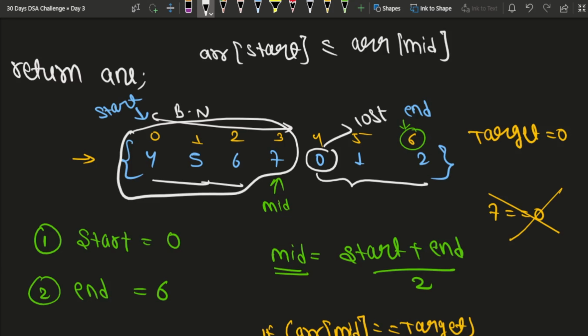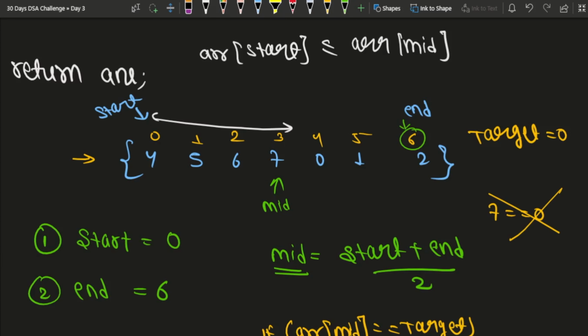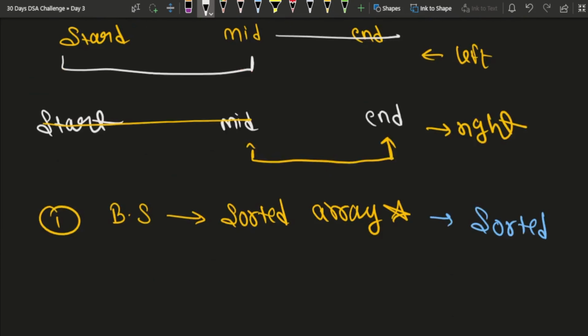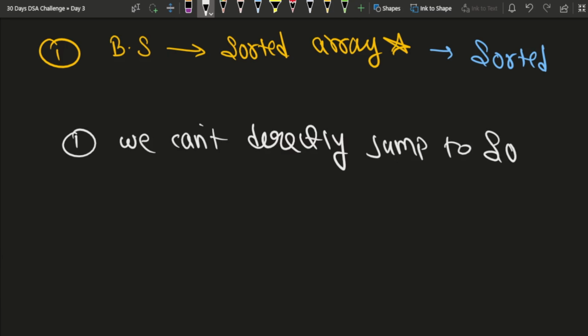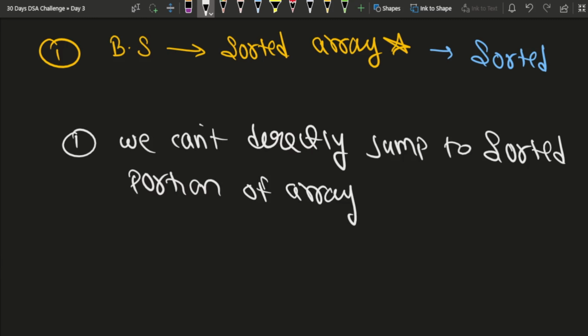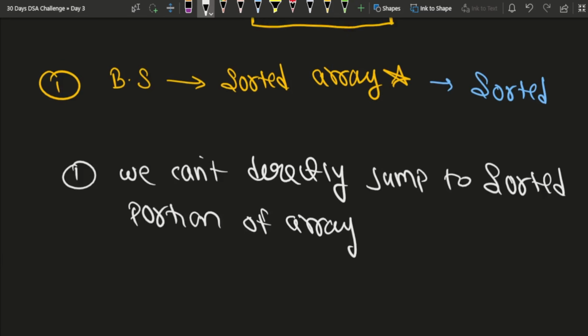So from this, we came to a conclusion that we cannot directly jump over to a portion of the array which is sorted, right? So let's just write this. What's the point? We cannot directly jump to the sorted portion of the array, because if we directly jump into the sorted portion,